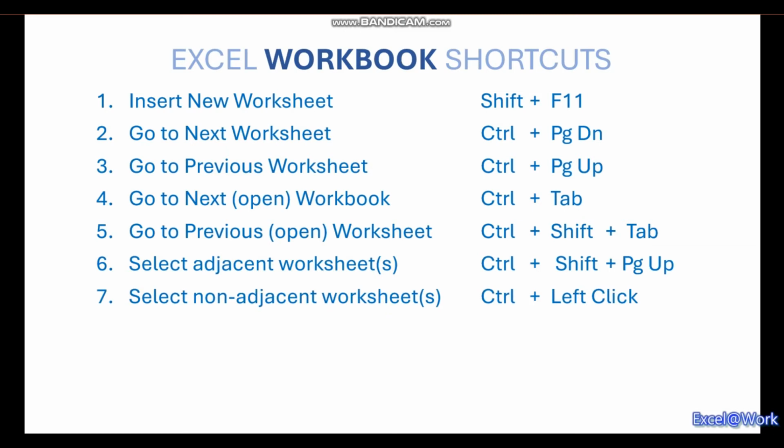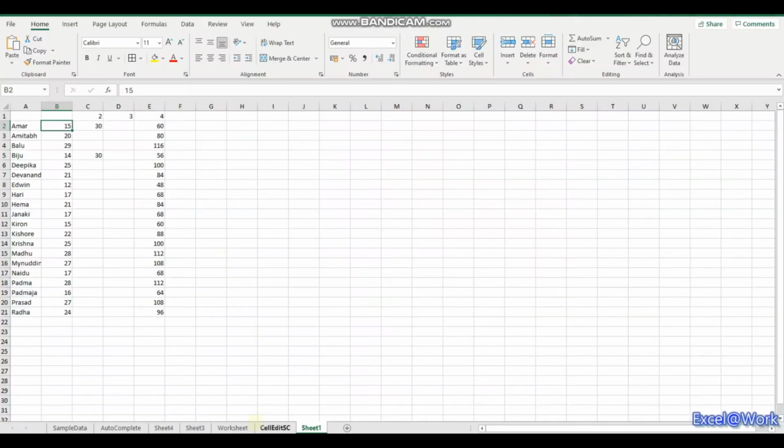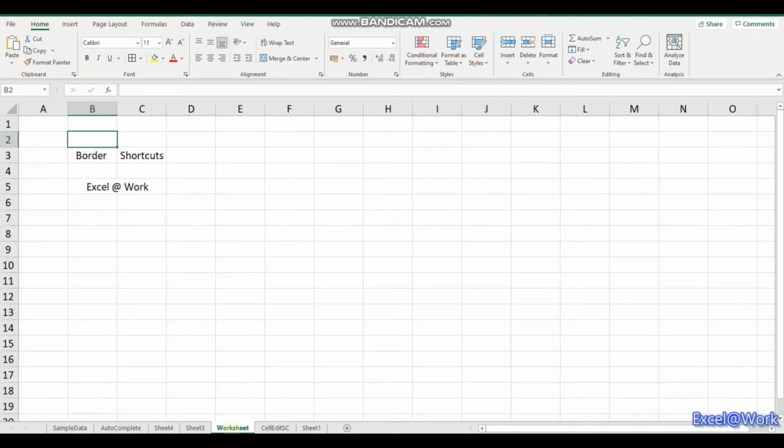If you want to select non-adjacent worksheets, the only option is with the mouse. I can't use the keyboard to select non-adjacent worksheets. So if I want to select Sheet 1, the worksheet and Sheet 4, I use the mouse with the Control key. Only if they are adjacent can I use the Control Shift Page Down or Page Up shortcut on the keyboard.